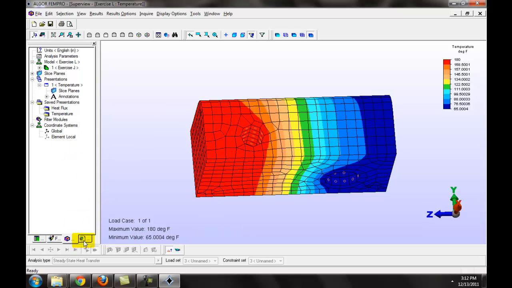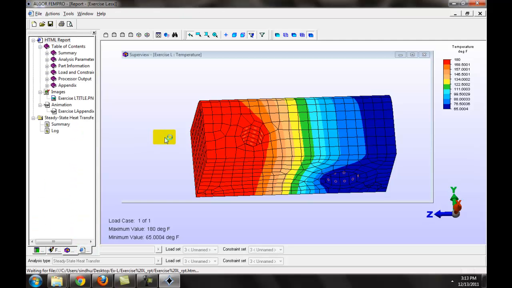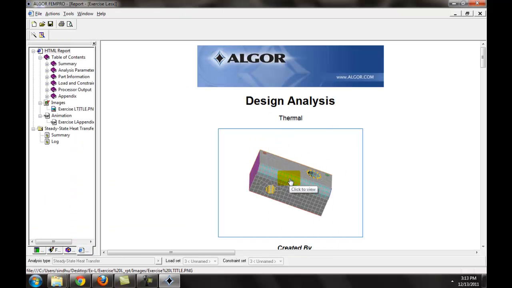And then once after this animation is created, we can directly go to the report section, where the professional report is already created by default by the Algor software itself, in order to reduce the time and make it look more professional and more regular. It will be easy for all the design engineers or the analysis engineers to go through the Algor report. This is the report tab right here, and then the image that you see on the front page of the report is the